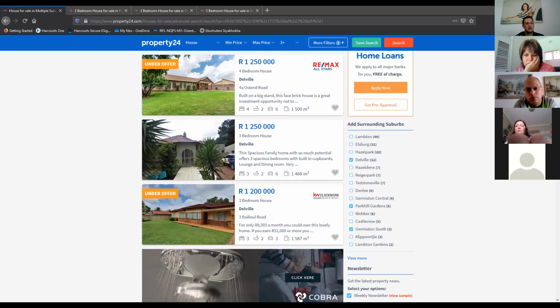And you can maybe show them 1 of each in those price ranges, or 2 of each, or you can do a property at 1.2, a property at 1.3, 1.4, 1.5, and 1.6. If the area goes up to 1.9, show them something at 1.9 and say, look, there's a whole list of properties. This is what they all offer. So in Sunwood Park, a property that is ultra modern, completely redone from top to bottom, you don't have to do a thing. You can pick it up for 1.9 million rand.